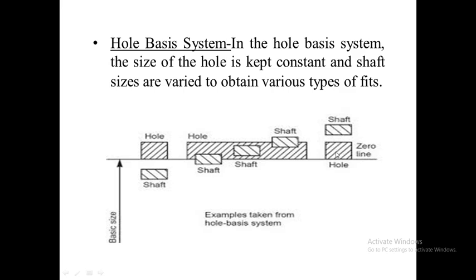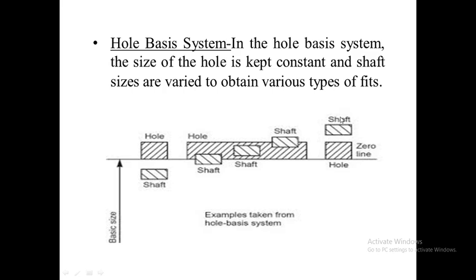For this case you can see the size of the shaft is always greater than the size of the hole, since the tolerance zone for the shaft lies above the tolerance zone for the hole. So the size of the shaft will always be greater than the size of the hole for these two combinations. So when we select this type of combination where the size of the hole is kept fixed but the size of the shaft is more than the hole, then the resulting fit will be an interference fit.